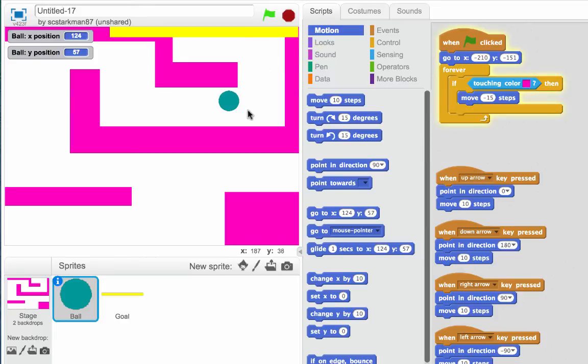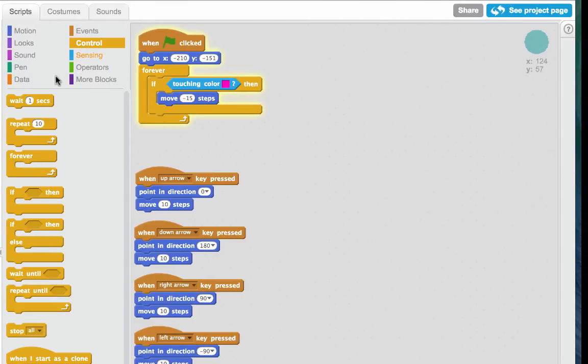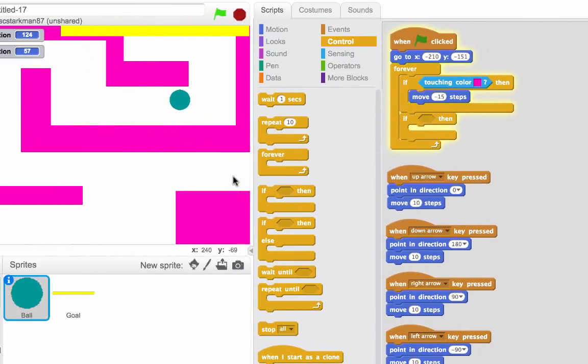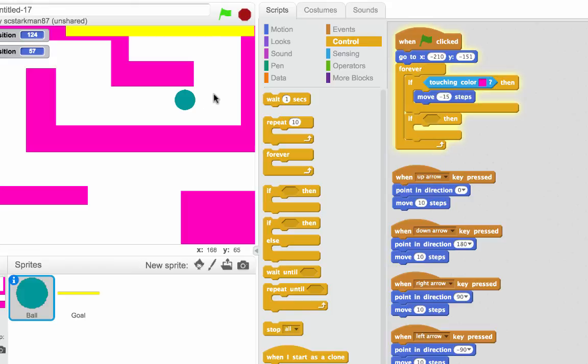And I think what we should do is when the ball crosses or touches the yellow color, we'll make it say something. So we've done saying phrases in the first lesson. We've done touching color in this statement here. So I think we can probably figure that out, right? Now, always when it crosses the yellow line, we want it to do something. I'm going to put this in the forever block. I'm going to grab an if statement. So I'm going to grab the control, and I'm going to just tuck it in with the other if statement, okay? If the ball sprite touches the yellow,